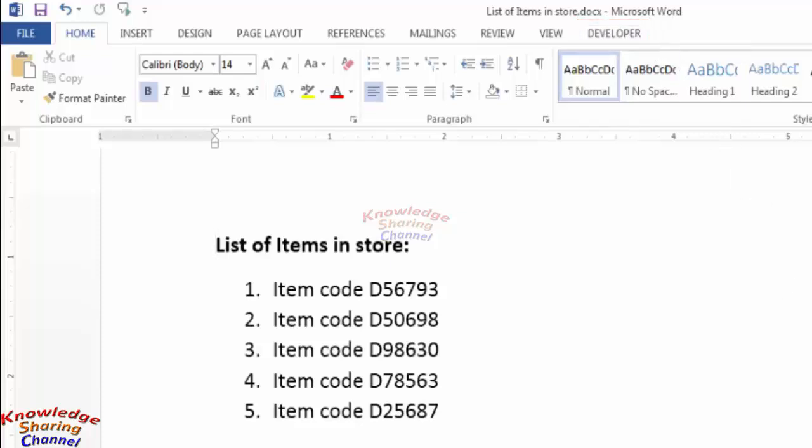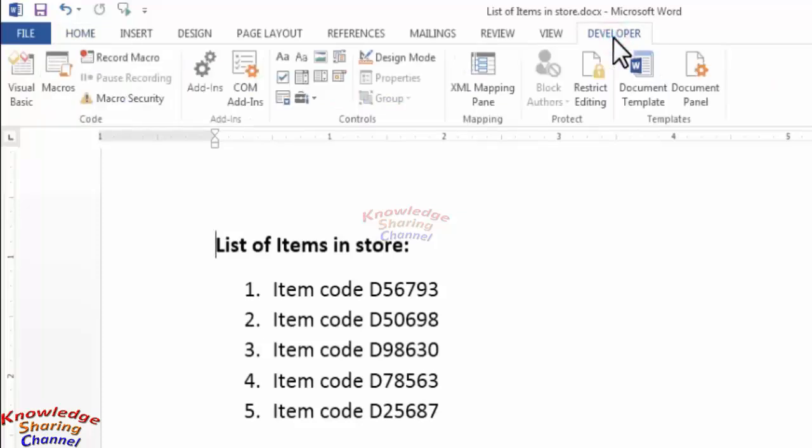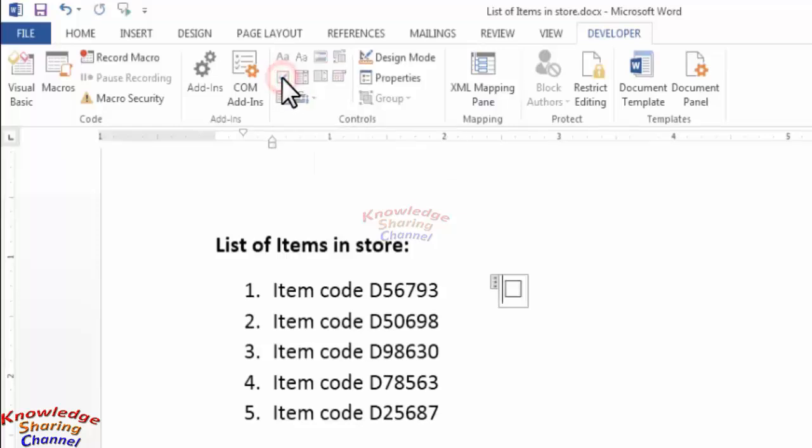Now to insert a checkbox, you need to click on this developer tab. Now here you need to click on this checkbox icon. Now a checkbox will appear on your document. So if you click on this checkbox, it will show a cross. If you want it to show a tick mark sign, then you need to select it